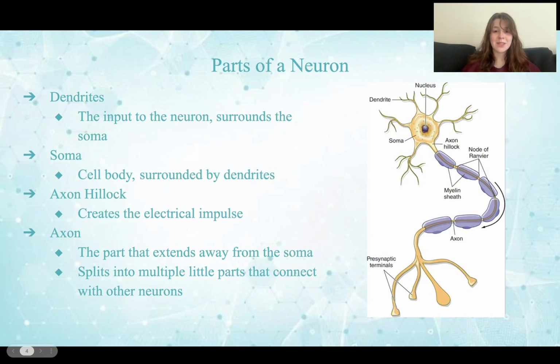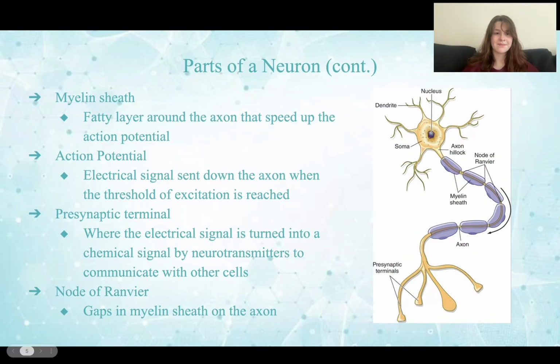Next, we have parts of a neuron. First, we have the dendrites, which are the input to the neuron, and they are the little arms that surround the soma. The soma, also known as the cell body, is surrounded by dendrites and connects to the axon hillock. The axon hillock creates the electrical impulse called action potential. The axon is the part that extends away from the soma and splits into multiple little parts that connect with other neurons. Next, we have the myelin sheath, which is the fatty layer around the axon that speeds up the